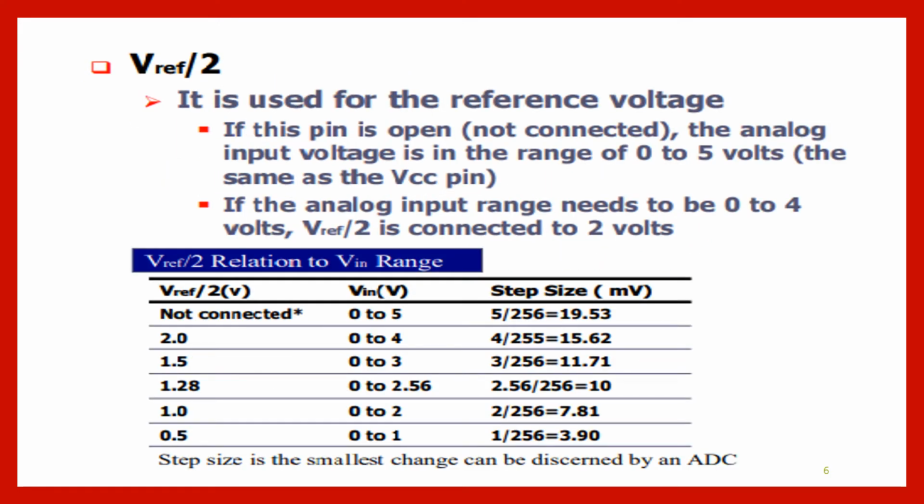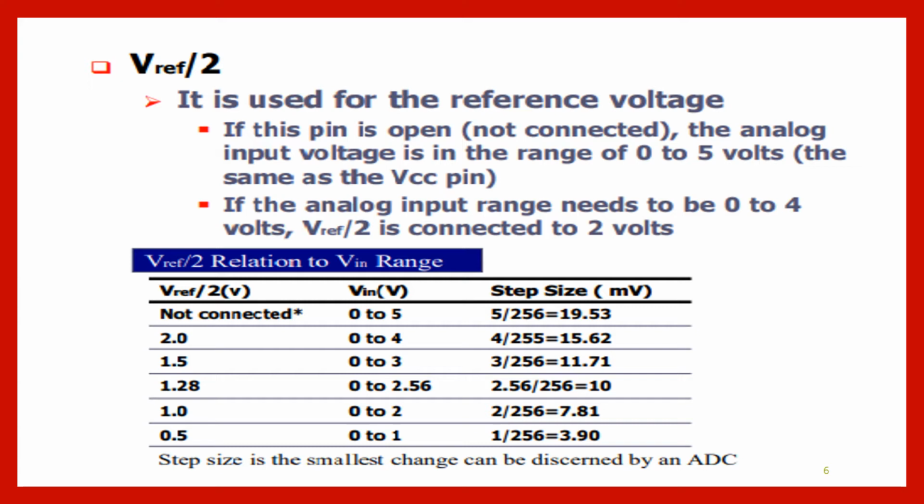As far as the other pins are considered, chip select is a very important pin, an active low input used to activate ADC 0804. Then the read pin is an active low input signal. The ADC converts the analog input to its binary equivalent and holds it in the internal register, and RD is used to get the converted data out from the chip when chip select is 0. If a high to low pulse is applied to the RD pin, then the output pins D0 to D7 will provide you the converted data.